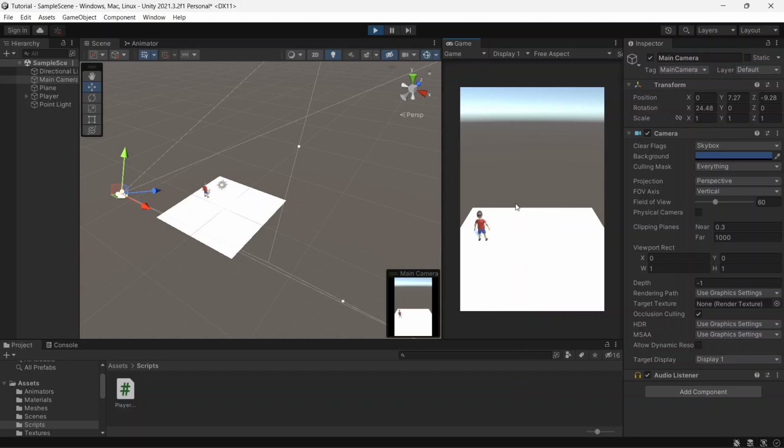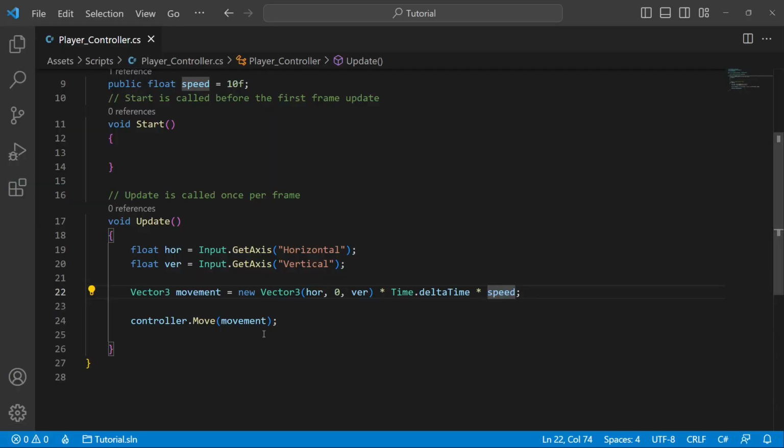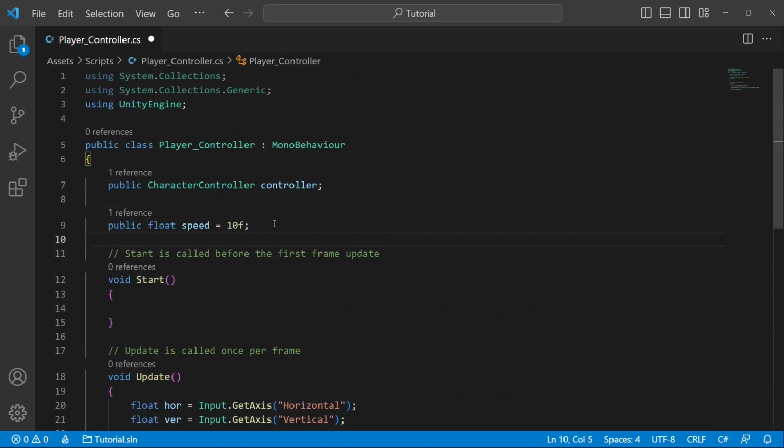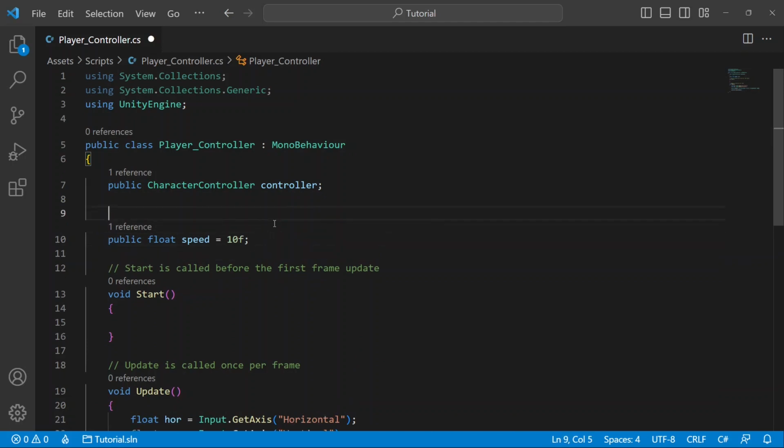So right now we can see it's kind of smooth, and also we can see our character is not rotating the way they are facing. So right now we think the movement is fine, so we need to rotate our character based on the direction they are facing. To do that, I'm going to hit stop playing and go to Unity, go to the code again, and we need to create another variable, a public float. I'm going to say rotation